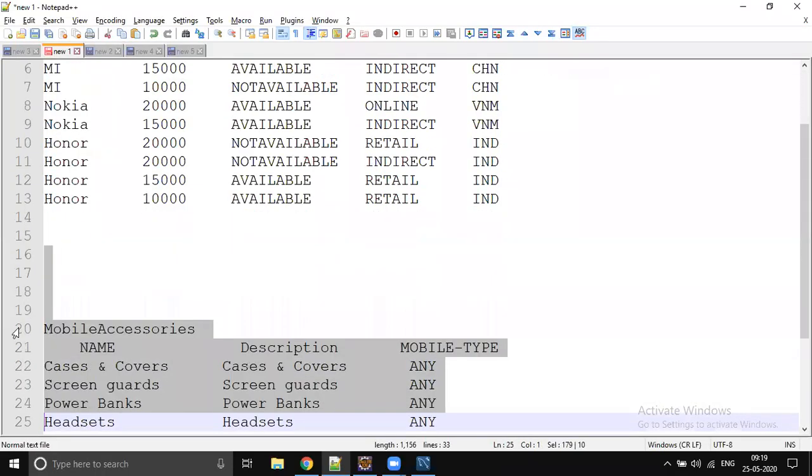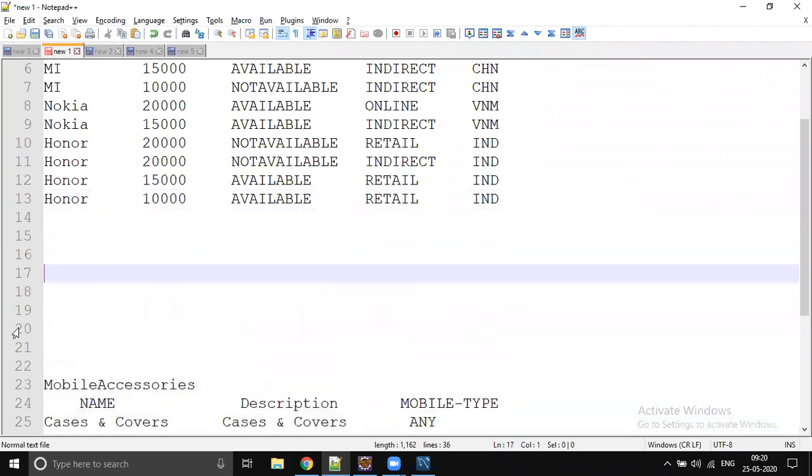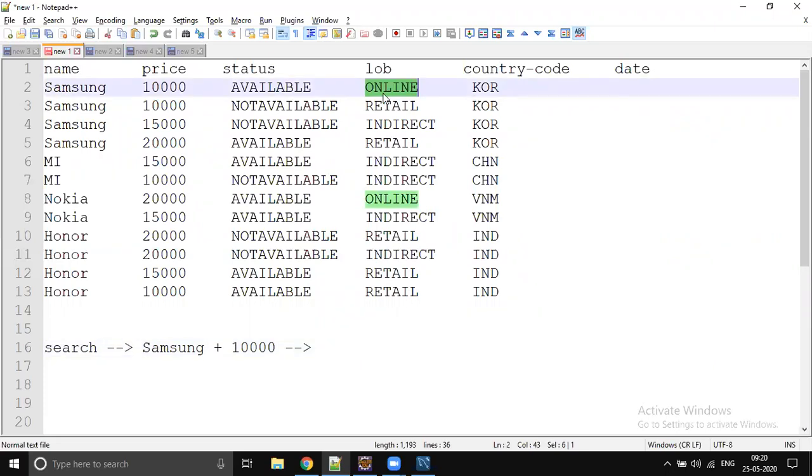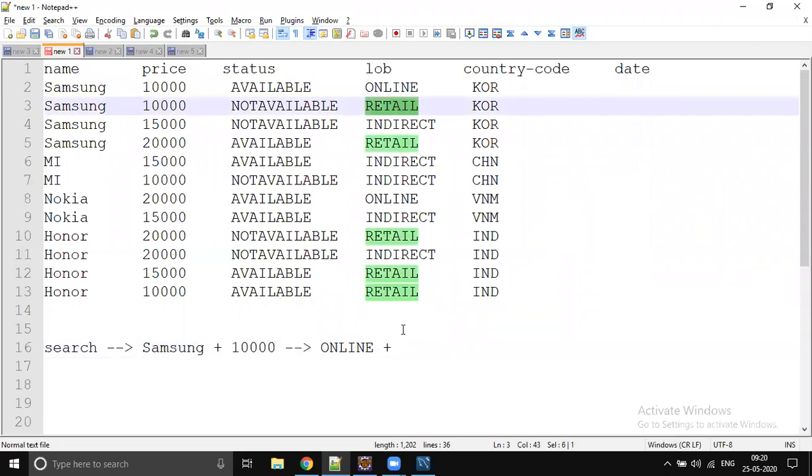So why are we going for this kind of example, right? Look at this scenario below, where we are implementing some kind of searching mechanism, where the name can be Samsung, right? The customer wants to see the Samsung mobile, where the price range is 10,000. So we will give two rows, right? One is online, whether you can buy it online or you can go to the nearest store, see the model, talk to our sales executive and buy, right? There are two options we are offering.